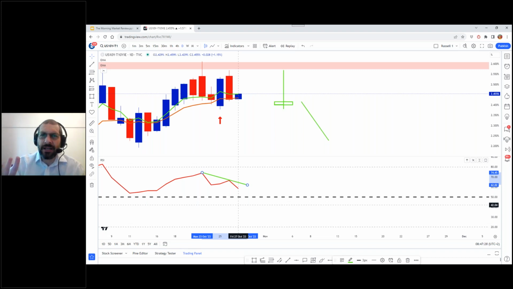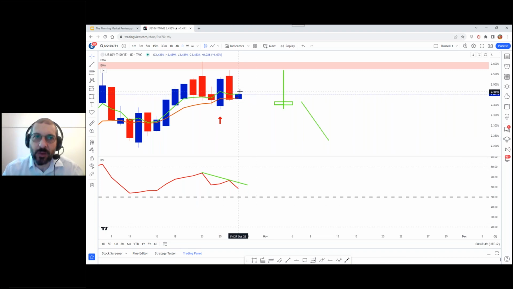My opinion, subject to change, is that I think we're pretty close to the high. I don't know if we're going to pull back so quickly. I think we might tend to go laterally, some sort of range bound. That's quite probable. But I'm not sure how much higher we can go.